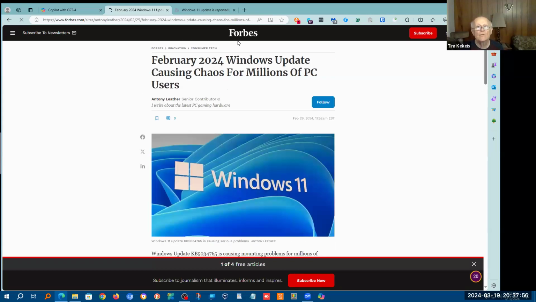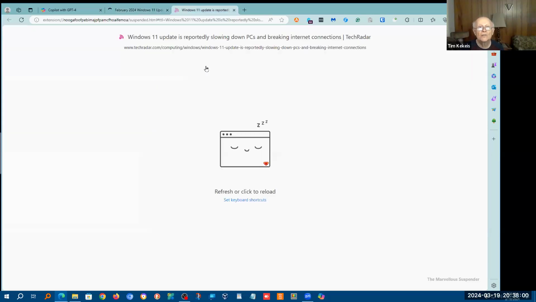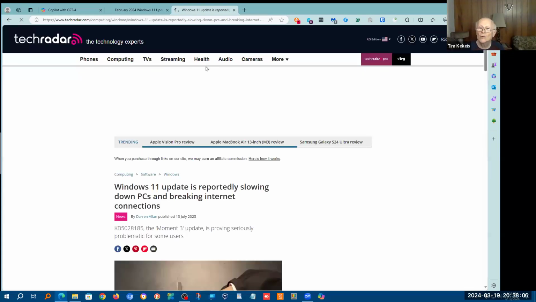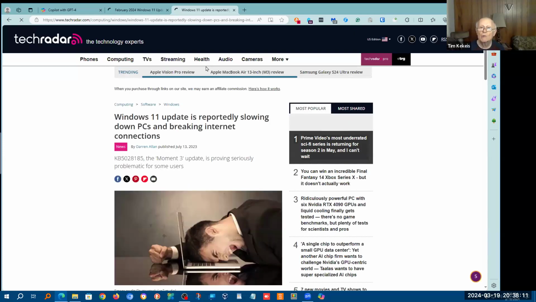This is from Forbes, and what caught my eye originally was this one here, where people using Windows 11 in the March update were reporting slowing down of PCs and breaking internet connections. I didn't experience that either, but they do in at least this one article bring up some